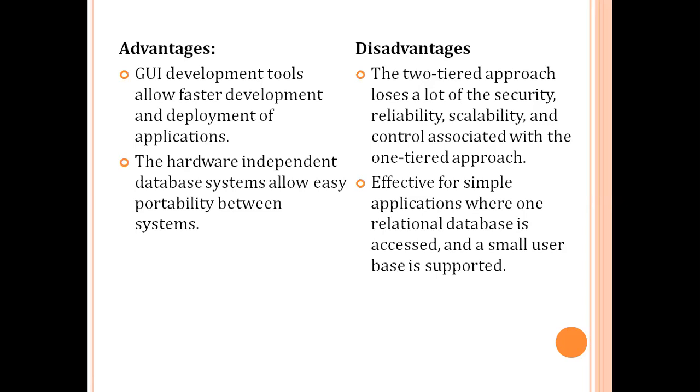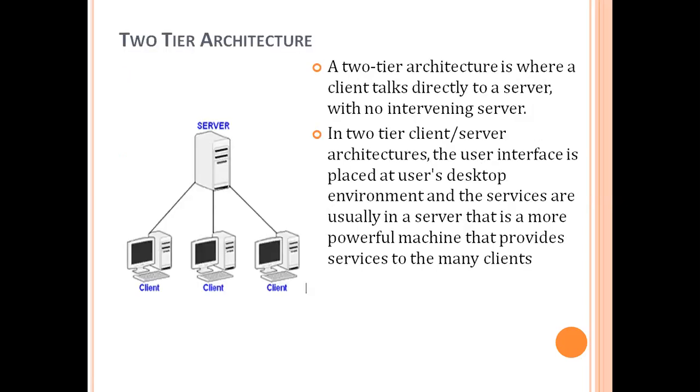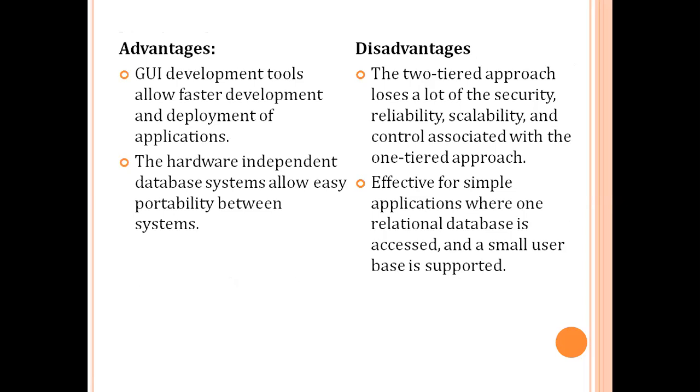And mostly we will use this kind of architecture only for simple applications, not for designing a large application. So in two-tier architecture, the client will be separated and the server will be separated. The server will contain the business logic as well as the database logic. The advantage is we can use different tools to design the server side and different tools to design the client's application. But the main disadvantage is the security problem, and it is limited to only simple applications. We can't use it for huge or complex applications.